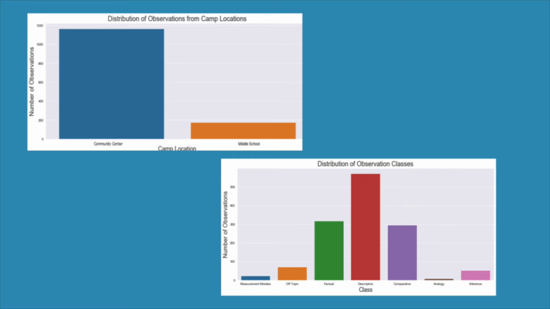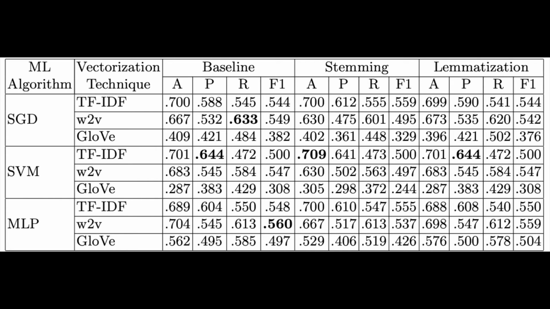Due to differences in students and language used in our observations compared to those in pre-existing datasets, we took an exploratory approach to selecting a machine learning pipeline with a careful consideration to equally weigh underrepresented groups using sample weighting based on the campsite and synthetic minority oversampling technique, or SMOTE, for underrepresented observation categories. We then used tenfold cross-validation to compare common text preprocessing, vectorization, and machine learning models.